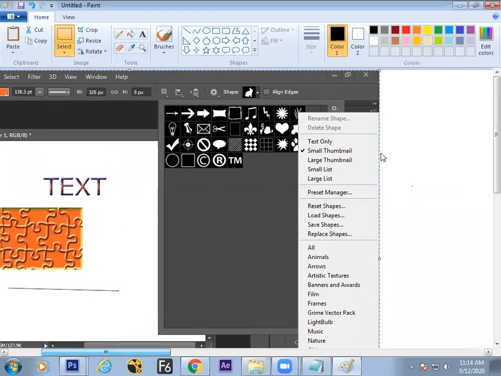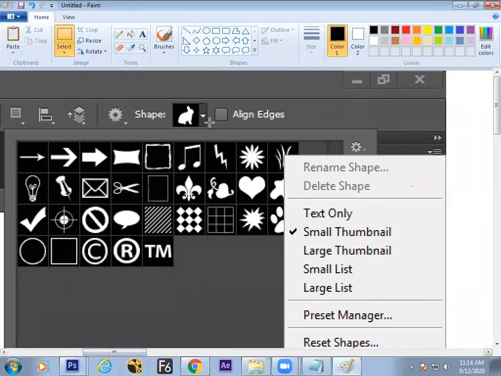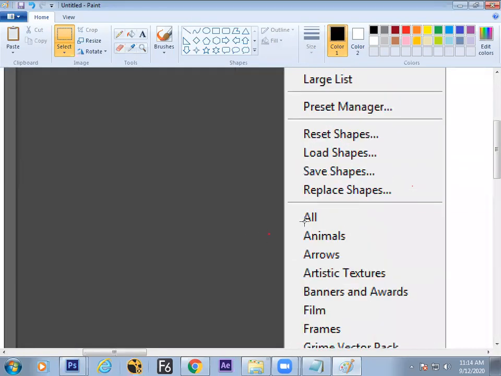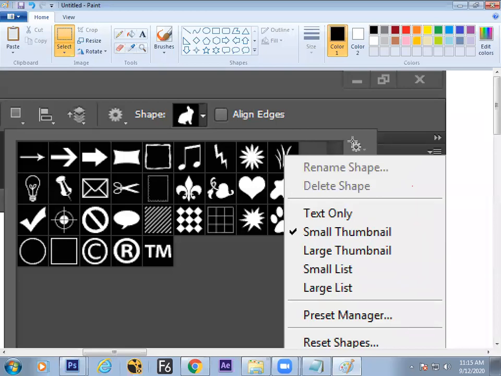In 1 minute we'll close, guys. Just a small topic. In the shapes, you will see only 10 to 12 shapes here. So what you have to do is click all in the settings. There is a small settings wheel here. You know this wheel, right? Settings wheel, this icon. So you have to open these settings.